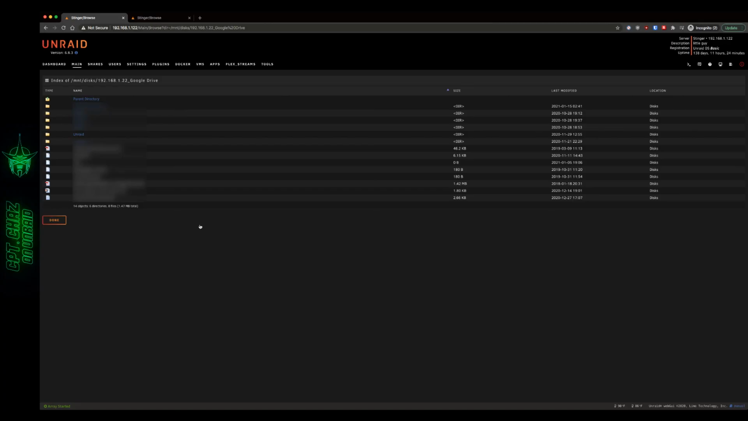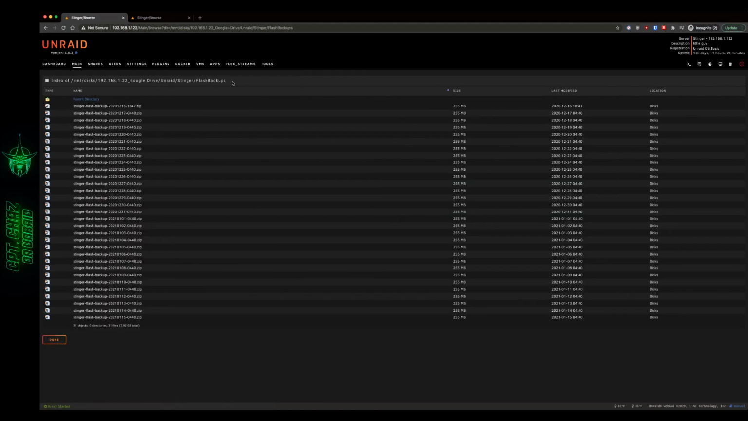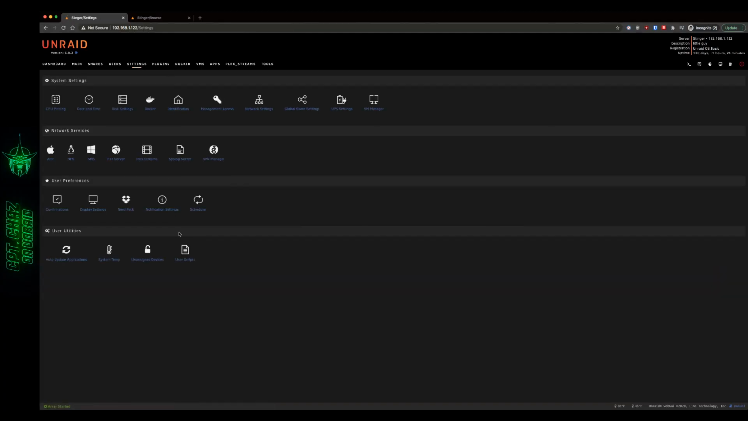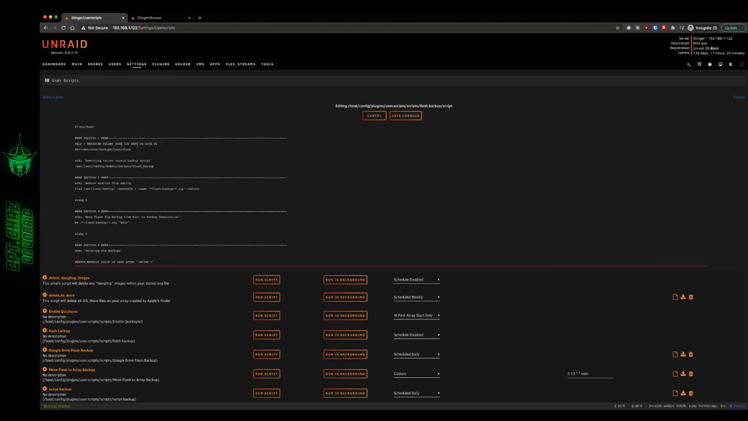So I'm going to go into my Google Drive share that I have mounted, and right here I have my Unraid folder. There's my little guy folder for this server, and here's my flash backups right here. So if I go in there, there's my path. Copy that. Then I can go back to my settings, open up my user scripts. There's my flash backup. Edit that script, and then I can paste it right here. And if I save those changes,